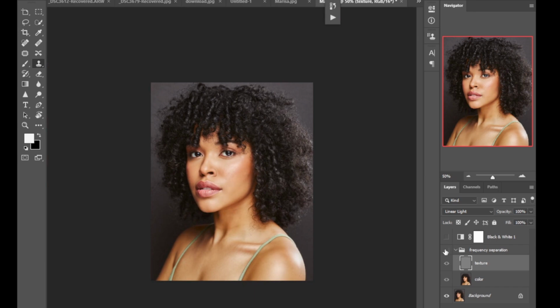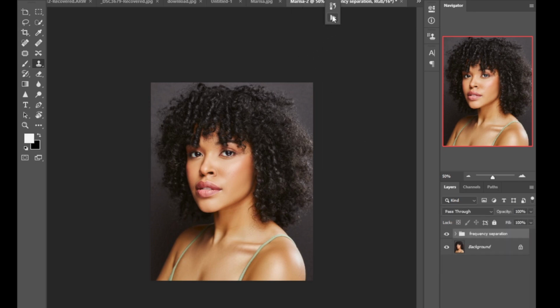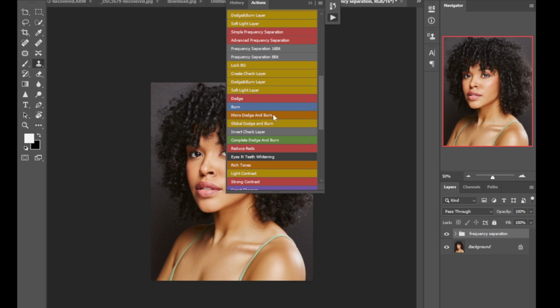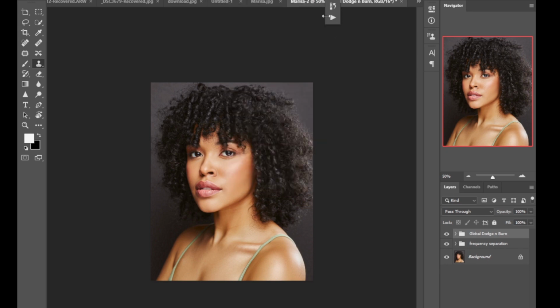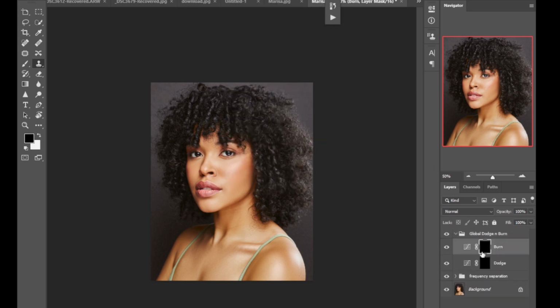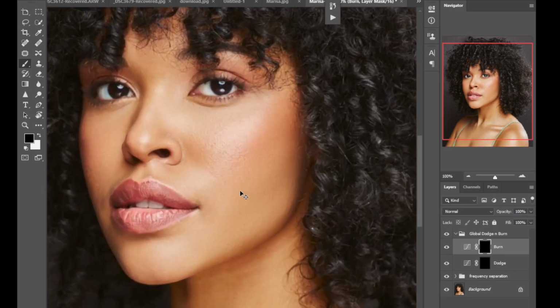So guys, I'm back. So far so good. I like how my image is really looking right now. The next thing I need to do is dodge and burn, but I won't do it much. I just need to burn some areas because our model is more of light skin. So I just run my global dodge and burn, then select my burn tool, pick my brush, select the burn layer, pick my brush,